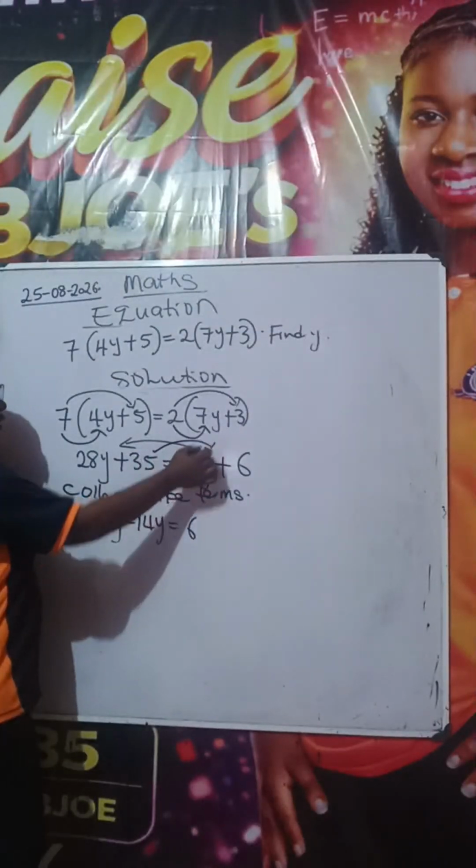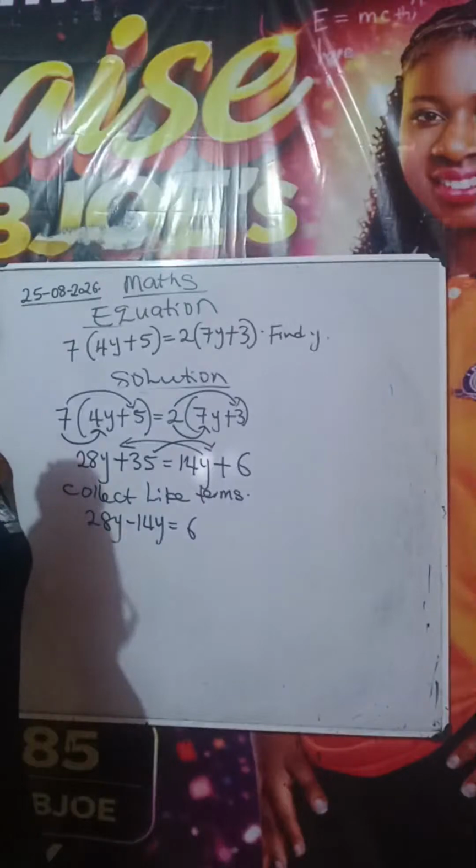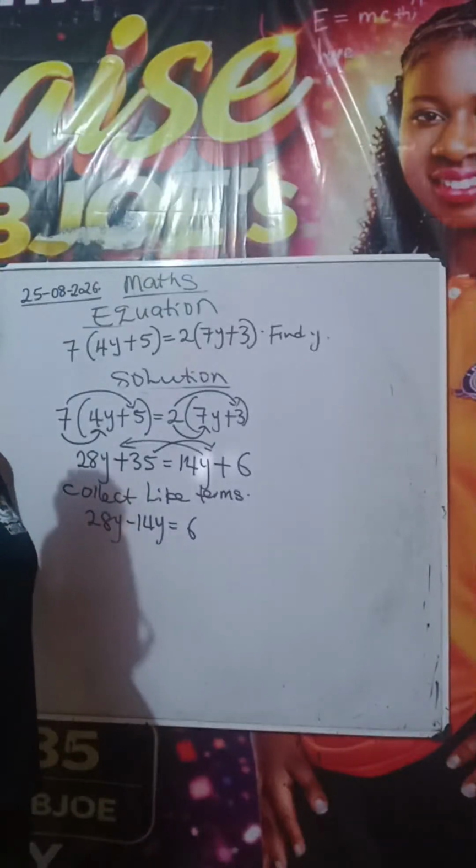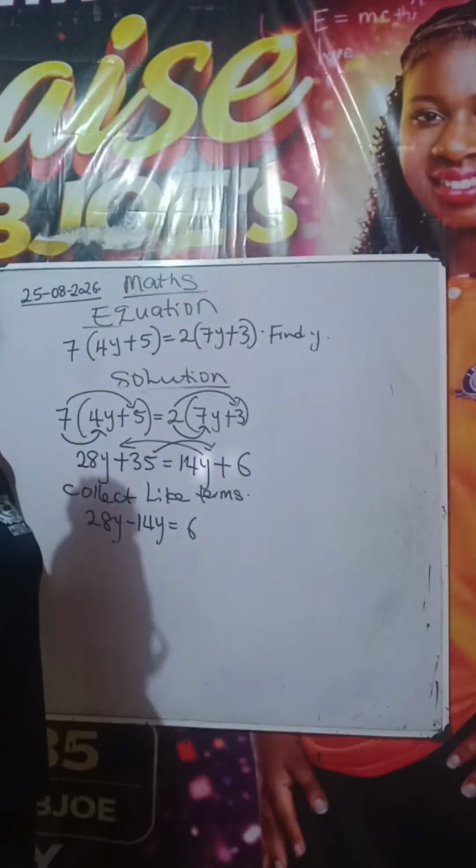Move 35 to the right. If 35 moves, is it going to be plus or minus? So that will give us